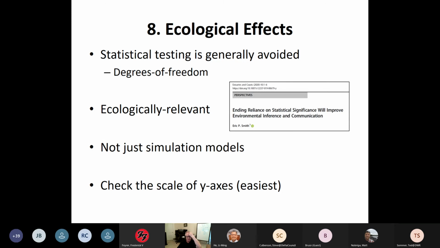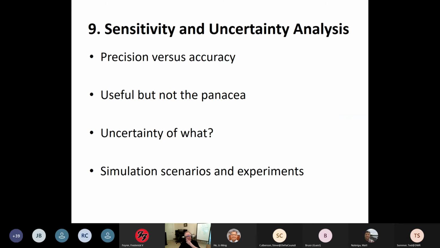Look at effects. A very quick way to do this, always look at the scale of the y-axis when people are reporting these simulation results. That tells you the effect you're going to see, right? And every once in a while you see one that looks like this large effect and it went from 0.7 to 0.73. And it's just because software scales things so it maximizes the difference. But always look at that scale. That'll tell you a lot. And then finally,